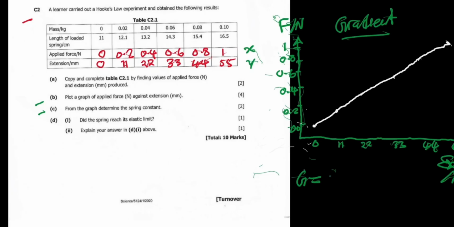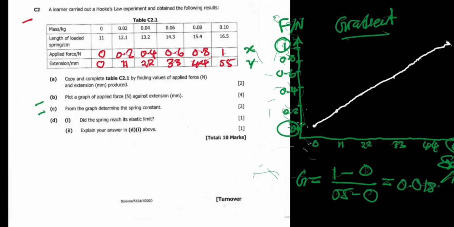Now for the y-axis, we can get 1 here minus the starting point here, which is 0, over x2, we can get 55, which is the maximum point, minus 0. And when we calculate this, we are going to get 1 over 55, which is 0.01818